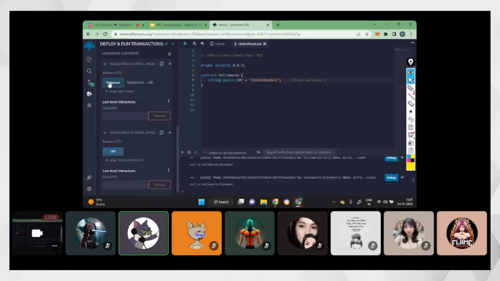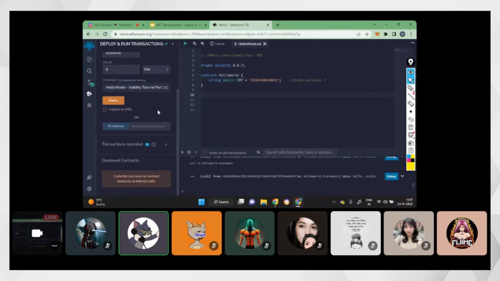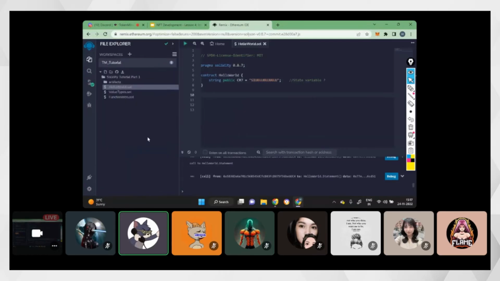No matter how many times you call it, you are always going to see hello world. You won't ever see Siu here or CR7 here. So that's pretty much about the state variable. Now, I've deleted the contract, if you have been wondering, by the way, and we'll go to our workspace again and create a new folder by the name